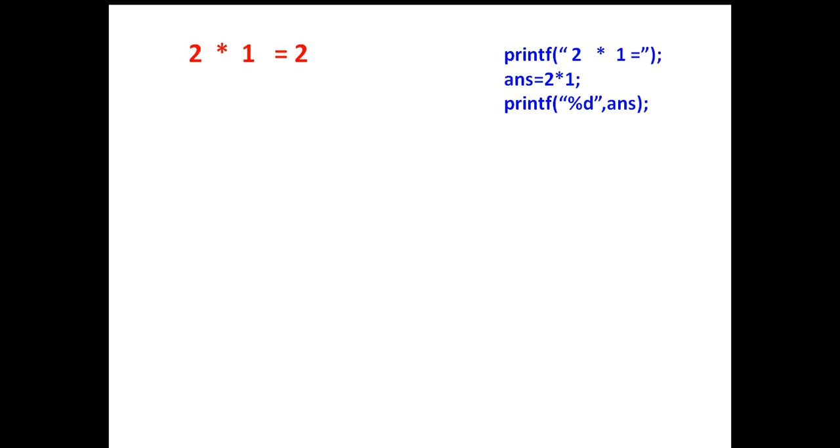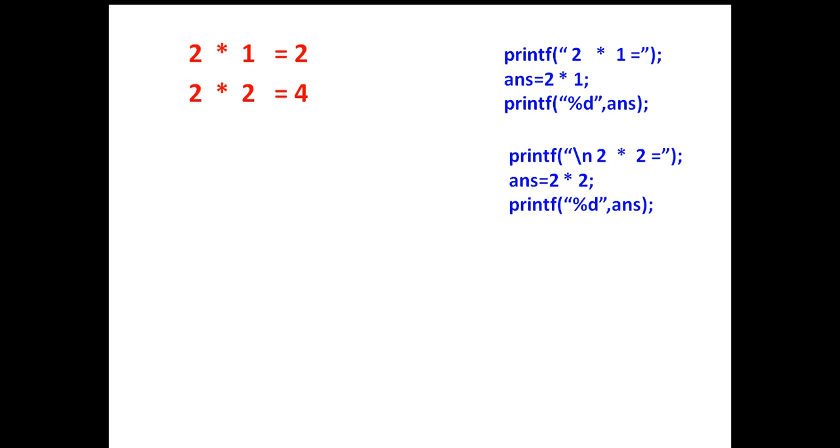In the next step we have to go to the next line. We will write slash n, and then we have to write star. So we are writing star. Then we have to print 2. We are printing 2, and then the equal to sign. Then we will calculate and print the calculated answer.